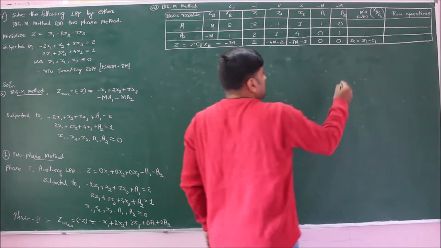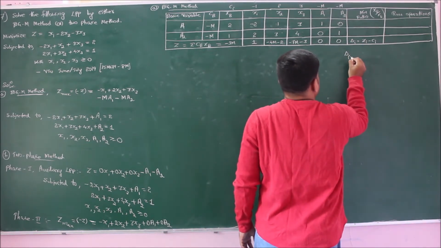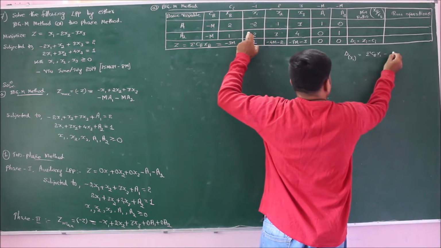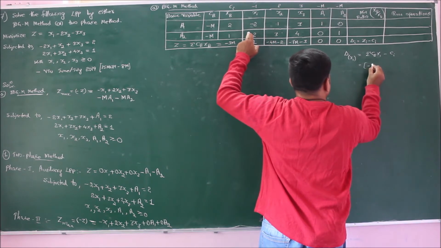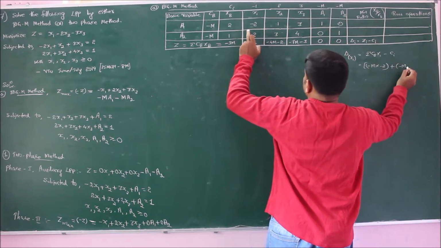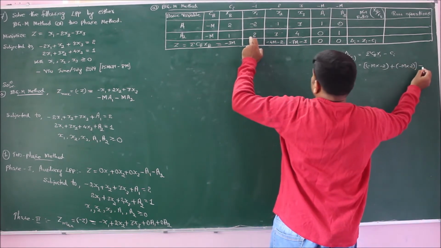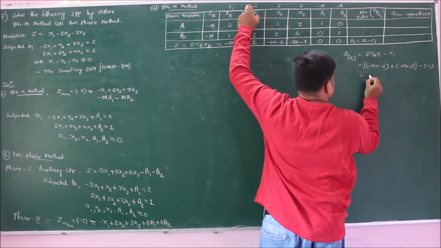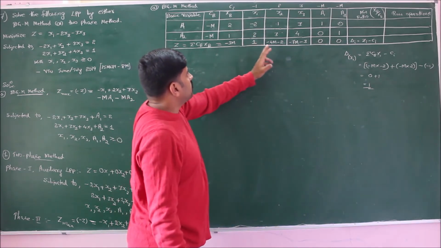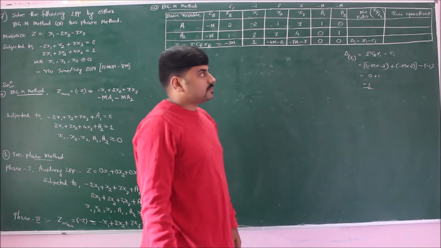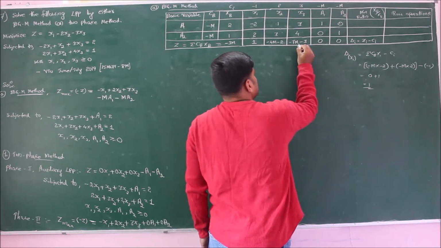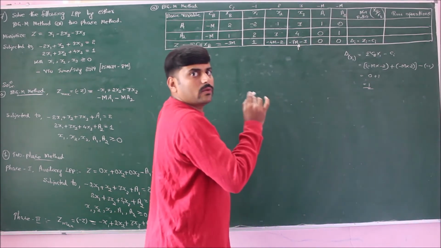So we know that delta i is calculated by using the formula. Let us say for delta x1, it will be the summation of Cb x1 minus Ci, that is minus m into minus 2 plus minus m into plus 2, minus of minus 1, which is nothing but 0 plus 1, which is plus 1. Similarly I have done it for x2, x3, a1, a2. Now the most negative is this one, minus 7m minus 3. So therefore x3 is the incoming vector.